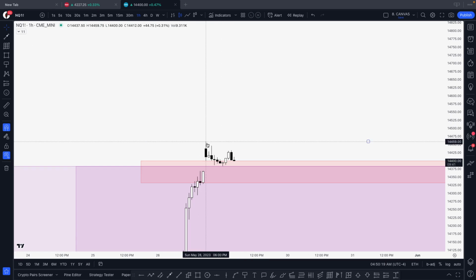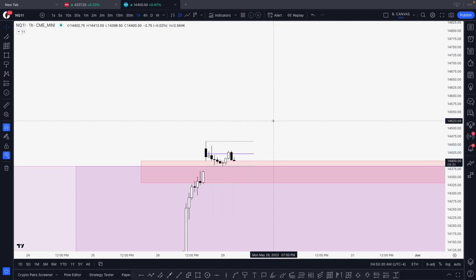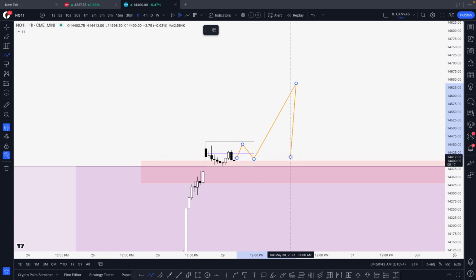So right now on the hourly we do have a range, which is from here until here. So this is just the range. I can just clean that up and make it an hourly swing so it's easier. So there we go. So I have taken this point high and this point low. So right now we are in that range, so we can easily break through the range and we can travel up, or